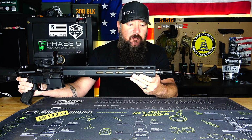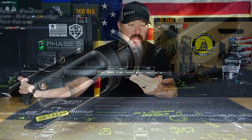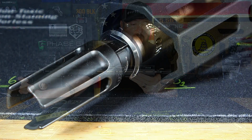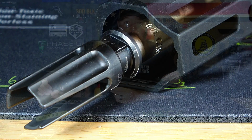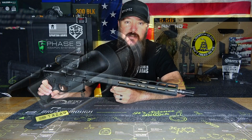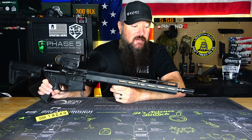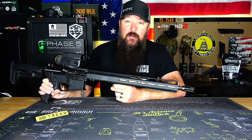Now, interestingly enough, this flash hider, being a 3-prong flash hider, the way that it's designed, I don't get the typical ting that you would get with a 3-prong. Well, actually, I guess it doesn't really matter. A 3-prong or a 4-prong, whenever I use a flash hider, I typically get that kind of ting, it sounds a little bit like a pitchfork. I don't get that with this. It actually sounds nice and quiet. I don't know if that has to do with the way that it's designed, but it works out pretty well,